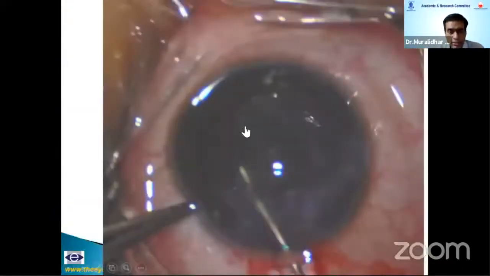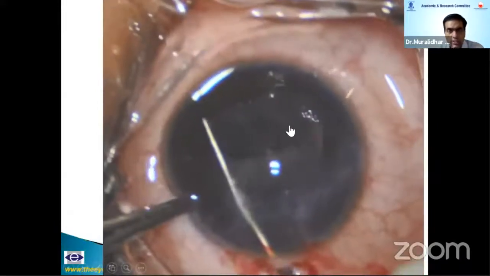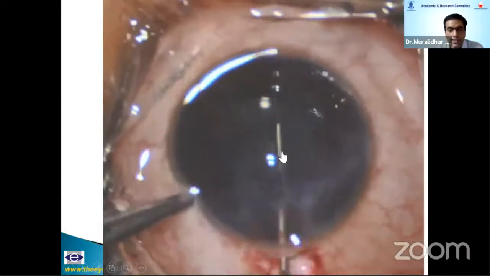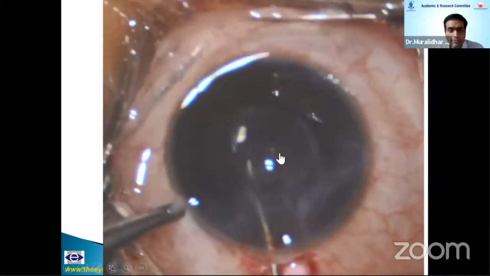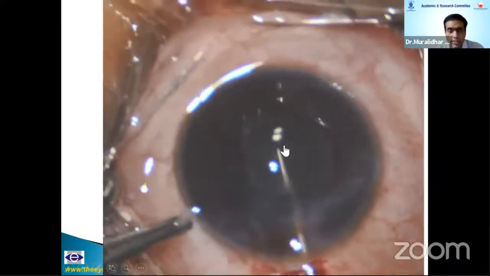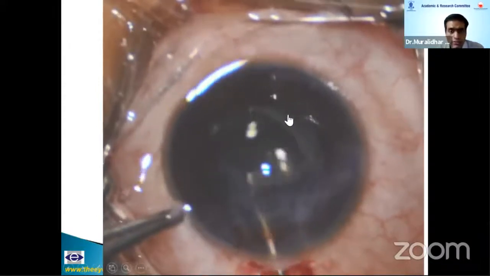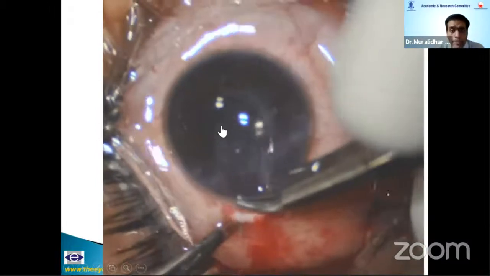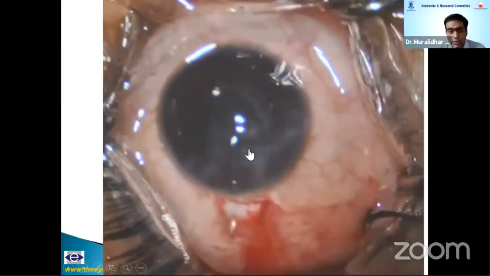And the secondary IOL, this was done 1 week later. Please note a lot of fibrosis here. So if you delay the secondary IOL implantation after biometry, I had to use the fellow eye keratometry, axial length we could do here. So not so much fibrosis, just 1 week in traumatic cataract. So secondary IOL implantation, you may not delay.